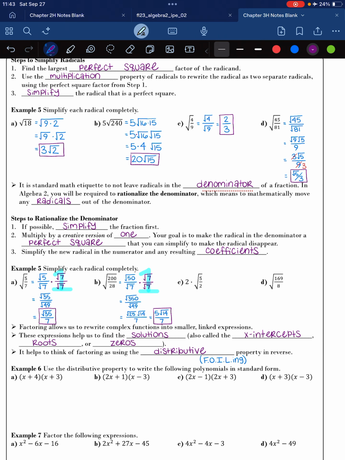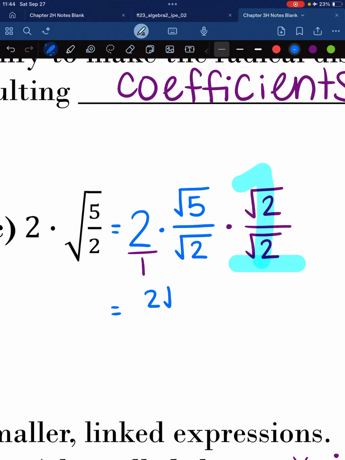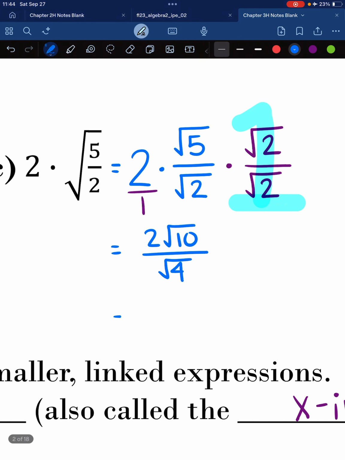Okay, my creative version of 1, I choose based on the denominator. Has to be the same on top and bottom for it to be a giant creative version of 1. Okay, another thing I'm going to do is I'm going to go ahead and put that coefficient 2 up in the numerator. Okay, so I'm going to end up with 2 square root of 10 over the square root of 4,